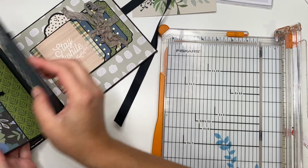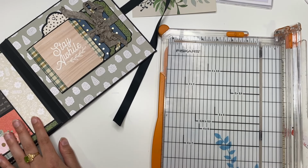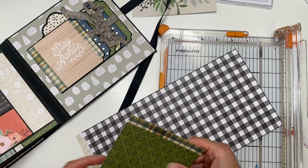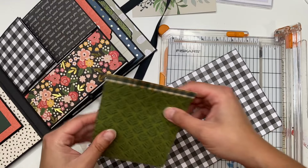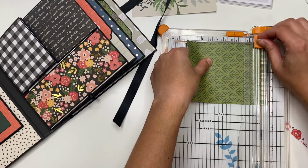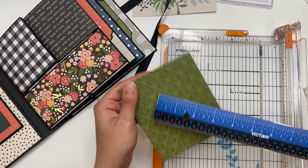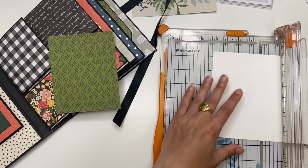Where else do I need a larger one? I need something back here, which I'm thinking, I don't know, that or, nope. I think I'm gonna put the green one here. So again, literally just cutting inserts to whatever size I have them at. So this is 4 1/4 by 5 1/8. So cut this piece down to